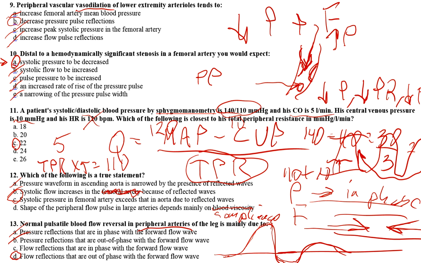So again, it's this whole principle that we have these flow reflections, and if something's flowing this way and something is flowing this way, then when they collide, the flow is going to slow down. And this is what the flow waveform looks like. It goes like that, and like that. This is where it's going its fastest, then it actually reverses slightly, and then it comes back and goes forward again.